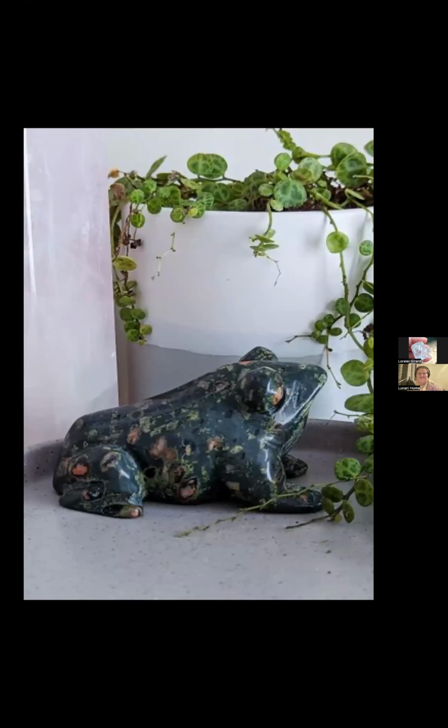But this is a dark version of the rainforest. It can also be quite a light green. We have some that are like Baby Yoda, really light green. There's also Kumbaba Jasper, which looks like a swamp. It's dark green with some lighter greens.